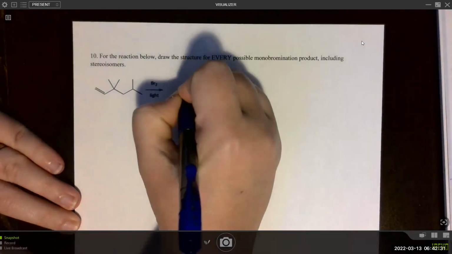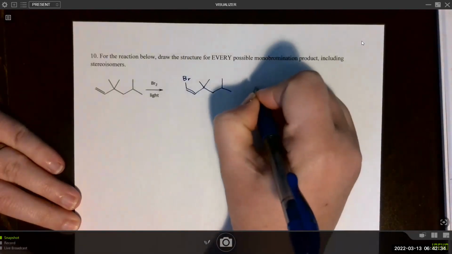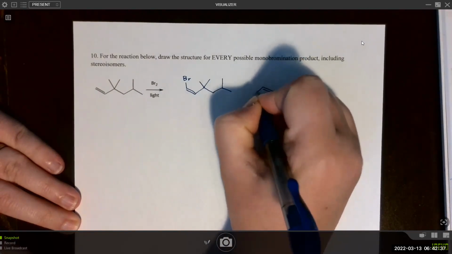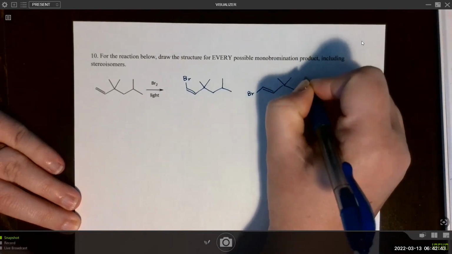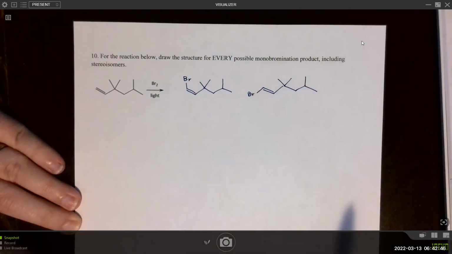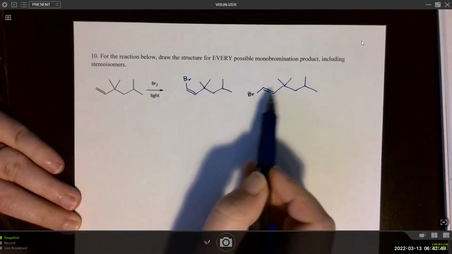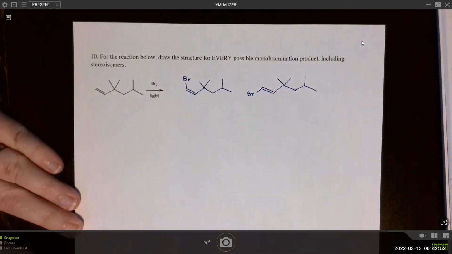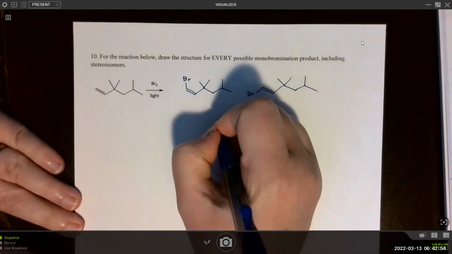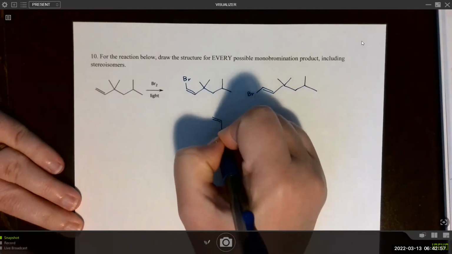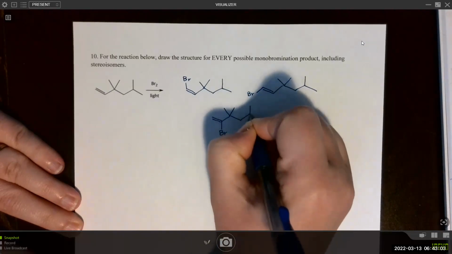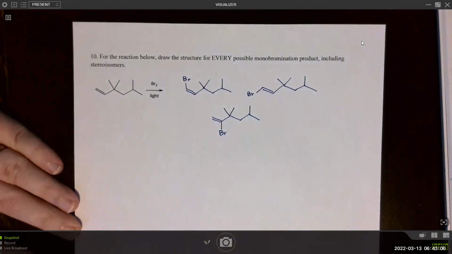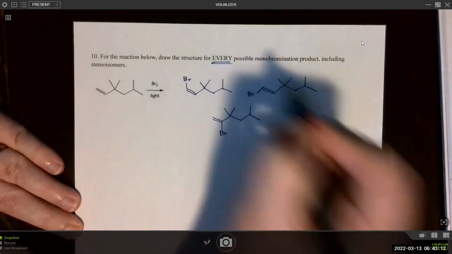So we would put the bromine here, and that would be different than if it were going down here, because this would be considered a cis alkene and this is a trans alkene. As we know, those are different. And we could also technically have the bromine here. And later on, we'll note which ones are very unlikely to form, but technically, as I said, every single one.